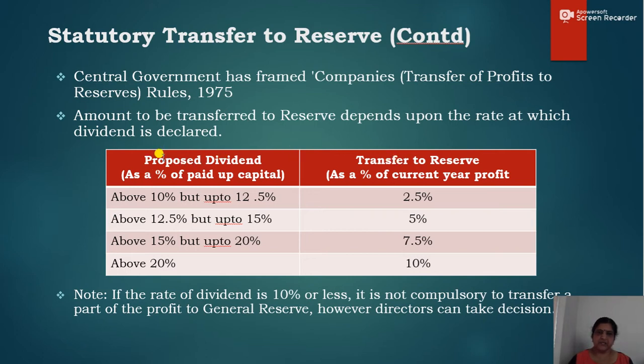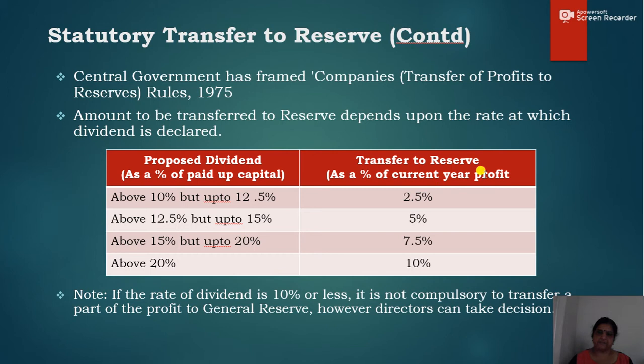That is, this column shows the proposed dividend as a percentage of paid up capital, and this column shows transfer to reserve as a percentage of current year's profit. So this transfer to reserve actually depends upon the proposed dividend or the rate of proposed dividend. In case the proposed rate of dividend is above 10% but up to 12.5%, then the percentage of profit to be transferred to reserve, that is the statutory transfer to reserve, comes to 2.5%